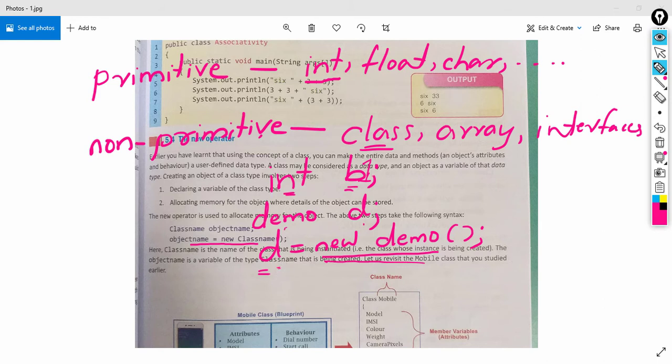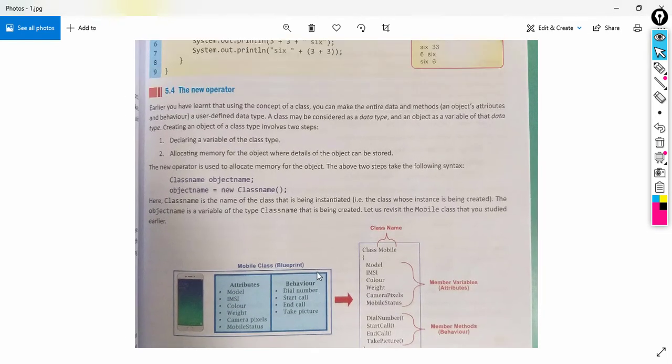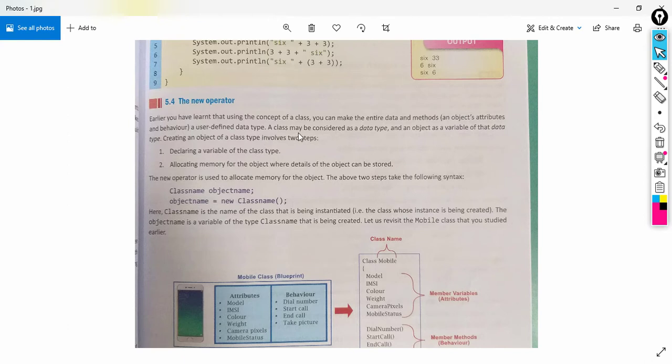So students, using the new operator, we can create the object of the class, and the address of that object will be copied to a variable of class type. That is what is happening here. A class may be considered as a data type and an object as a variable of that data type.